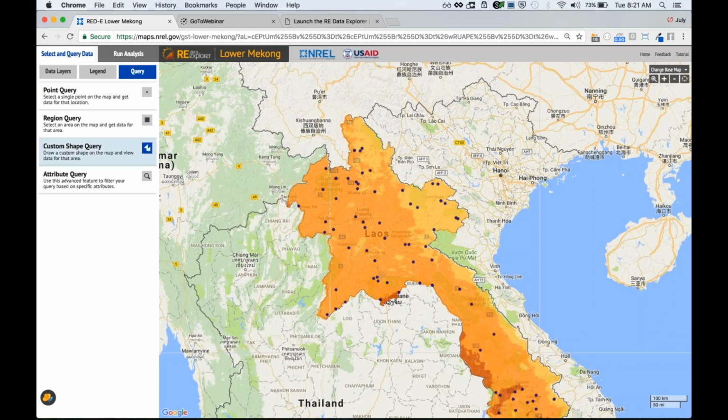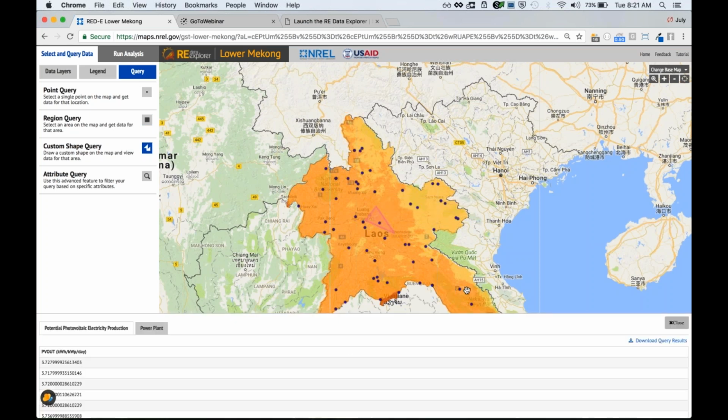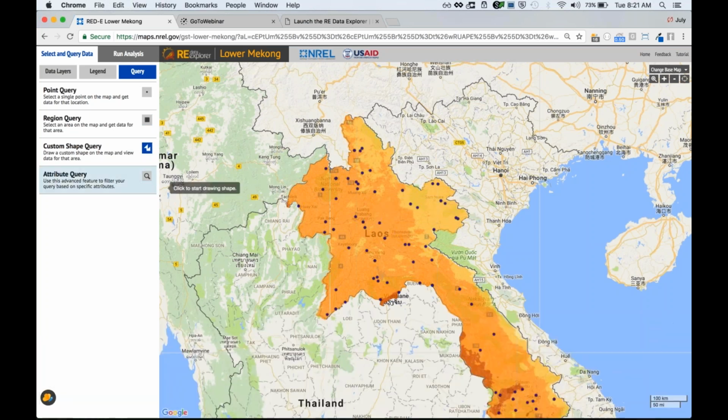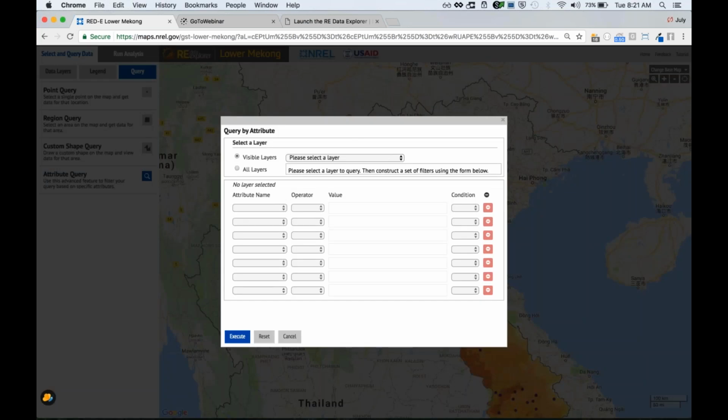I can also do the same for a custom shape, so I can drop points on the map and draw my own shape for where I want to do my query. And then for attribute queries, I can choose whether I want to filter by attributes for the data sets, for the layers that are on. So I can select whether I want to pick from all layers or from visible layers that are currently turned on. So if I want to query the solar layer,